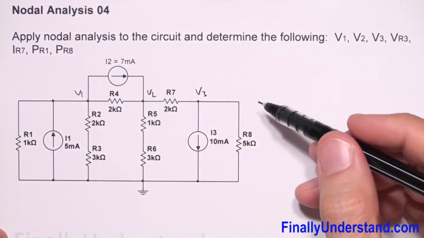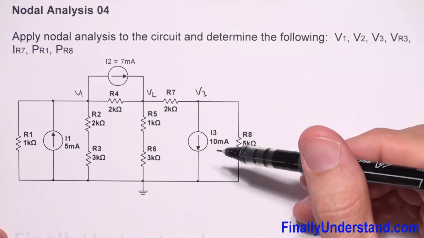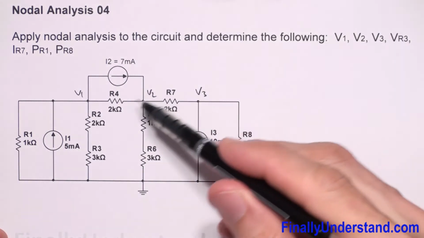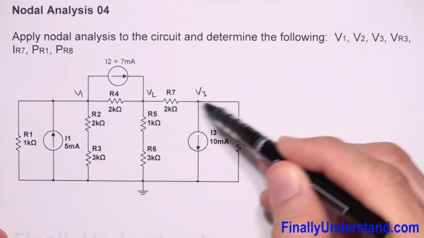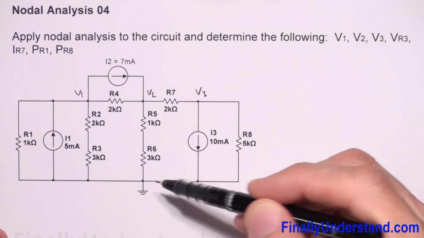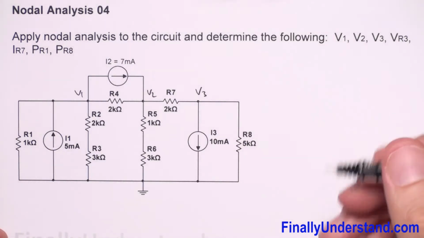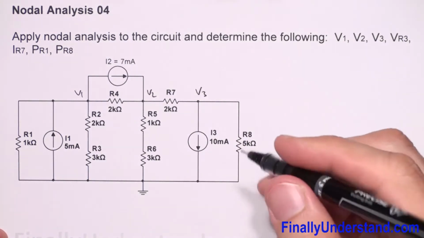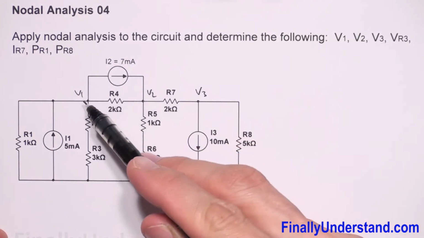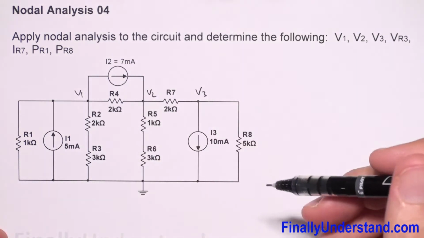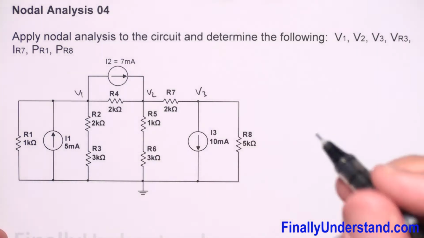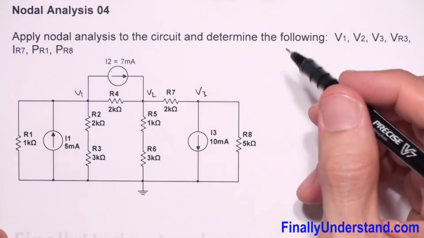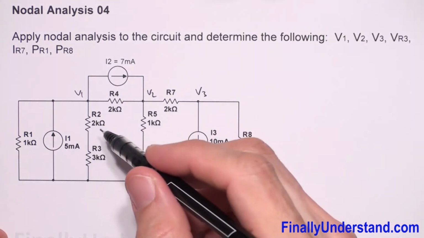Please notice that we are going to have 3 equations, okay? Because the total number of nodes, 1, 2, 3, 4, minus 1 gives me the number of equations needed to solve the values of V1, V2, and V3. Okay, so next we're supposed to simply find the